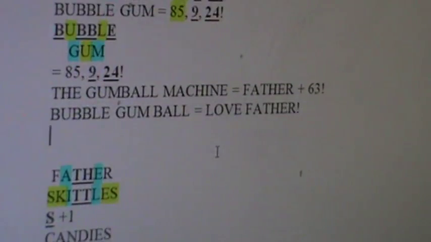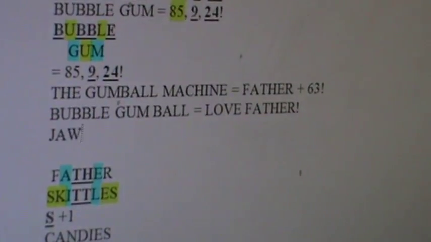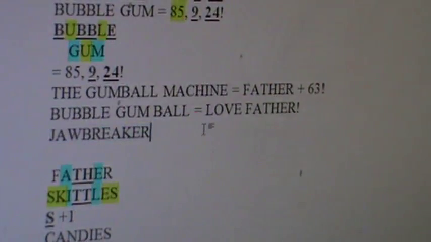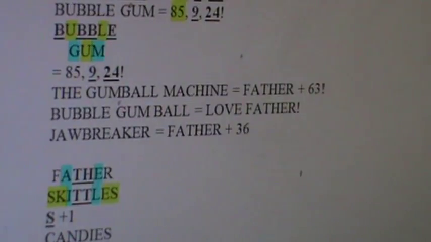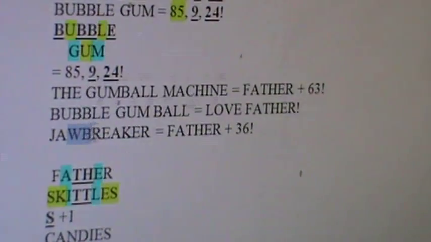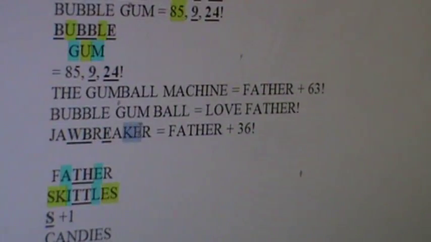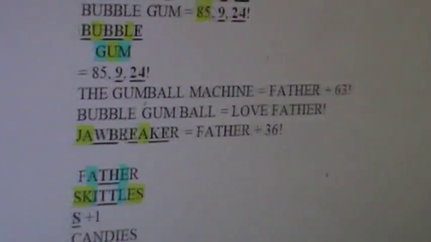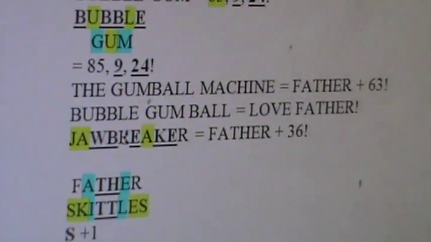Done. I remember Jawbreaker. Remember Jawbreaker? Well, Jawbreaker is a father plus 36. Lovely offset. Very, very obvious. And Jawbreaker was one of the biggest candies in the store. Okay. And folks, these were things that made you laugh as a kid. Like, this was joy, man, when you went to the candy store.